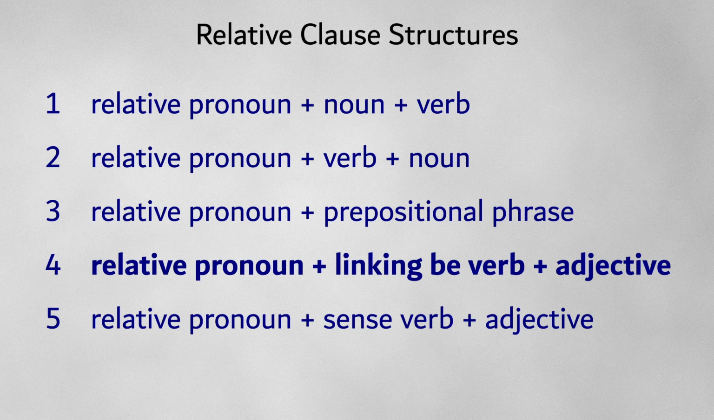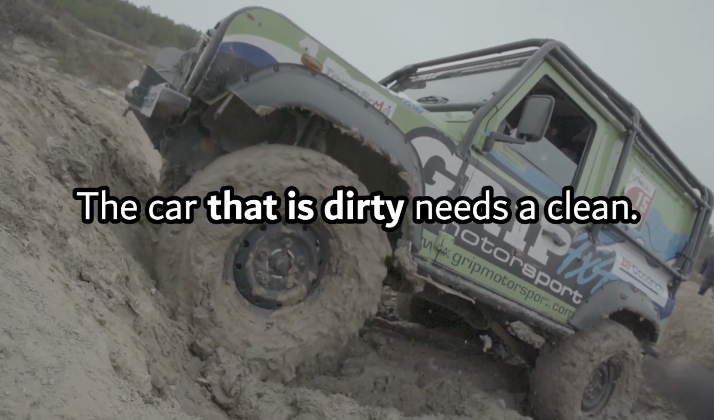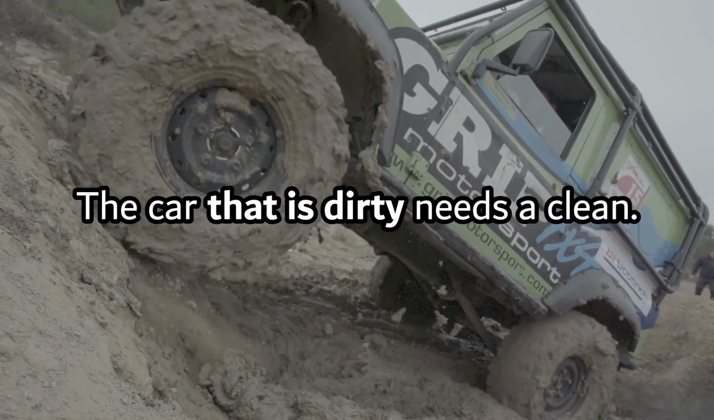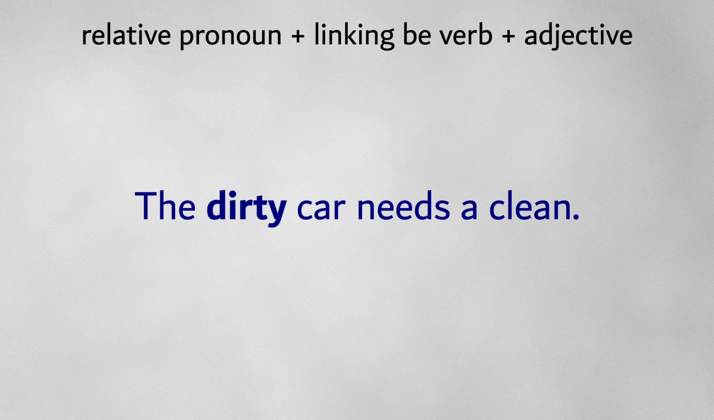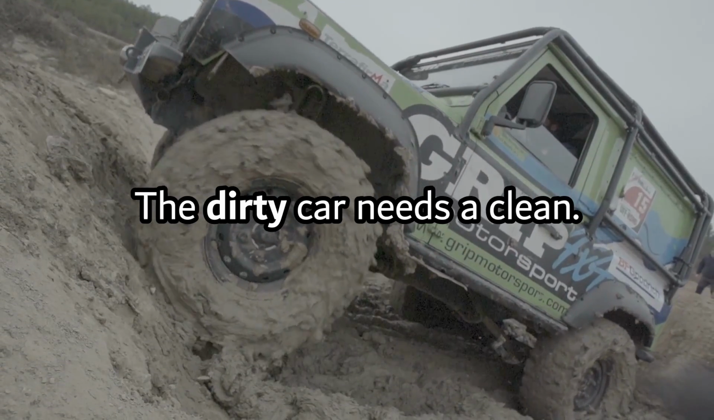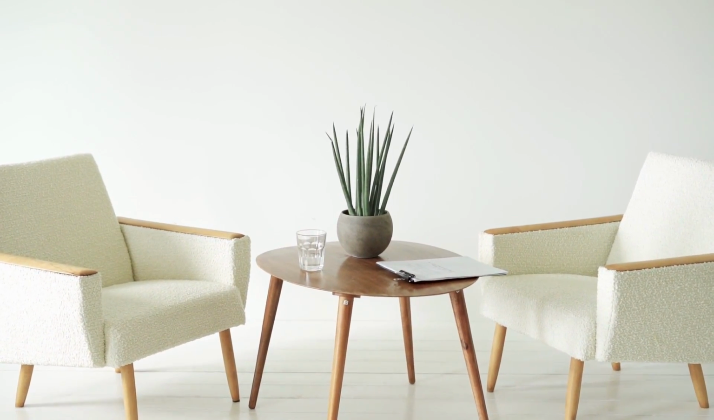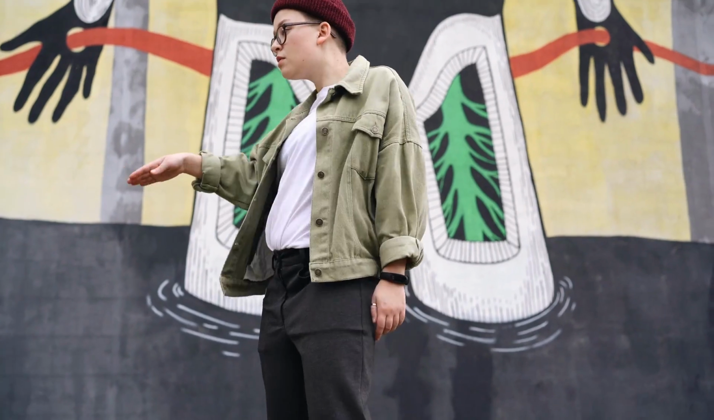So a structure which uses a be verb followed by a single adjective after the relative pronoun, like, the car that is dirty needs a clean, can't really be reduced to a single word, but we can reposition the adjective so it comes before the noun. So, the dirty car needs a clean. This is super simple, and I imagine most of you already know this, so I'll just move on to the